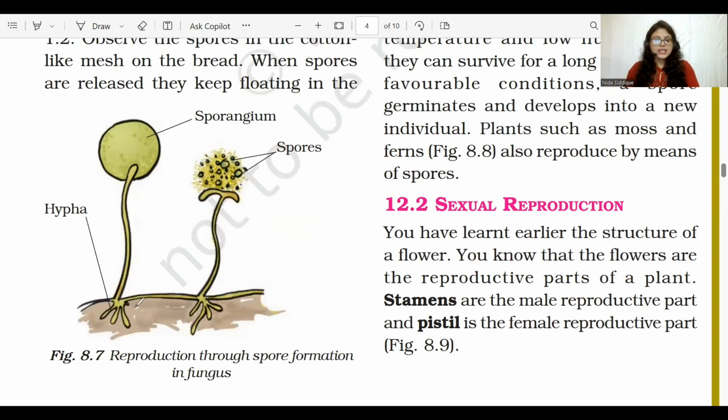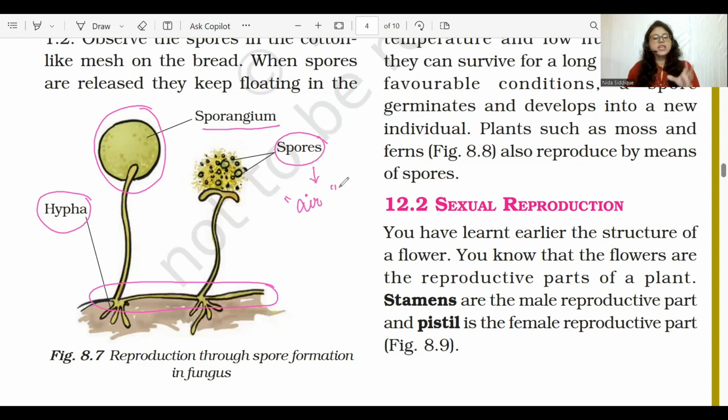This is how the fungi look. The long filament part is called hypha. And you can see this bulb-like structure. These are called sporangium. Now this sporangium will burst and spores are released in the air. They remain present in the air and as soon as they get favorable conditions, they will reproduce into a new